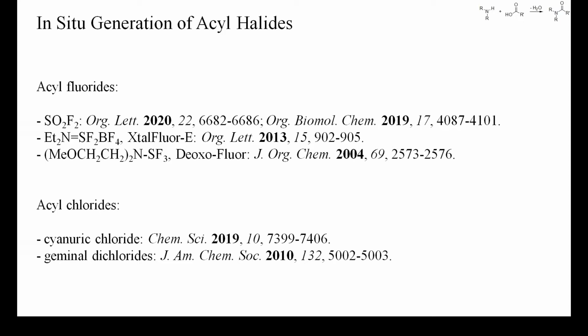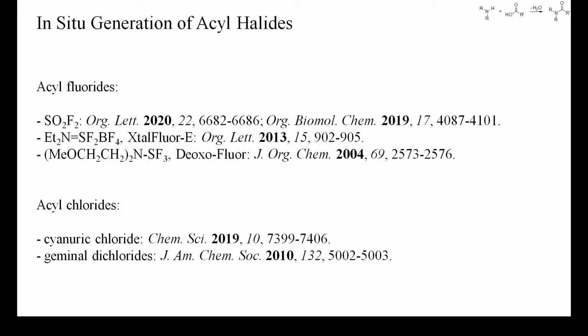The use of isolated acyl halides is discussed in the first part of this playlist, but acyl halides can also be generated just before the coupling with an amine, without the need of any isolation or even solvent change. Acyl fluorides, which are much less reactive than acyl chlorides, can be generated by treating carboxylic acids with sulfuryl fluoride or any of the deoxyfluorinating reagents developed in recent years. I discussed these reagents more thoroughly in my video about the conversion of aliphatic alcohols into alkyl fluorides.